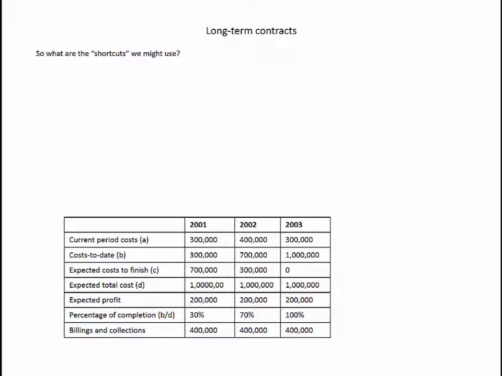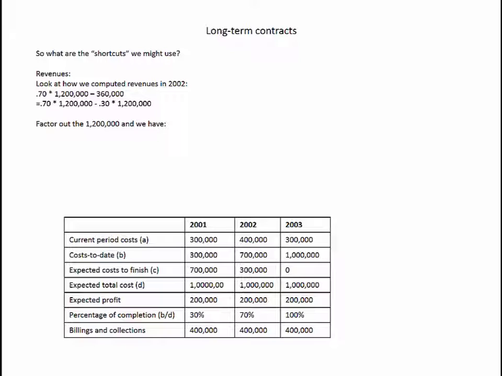So what are the shortcuts that we might use? First, let's talk about the revenues. Let's see what we did back in the second year for revenues. At that point we were 70% complete, so we took 70% of 1.2 million minus the revenues previously recognized, 360,000. Now where did that 360,000 come from? That was the previous year's percentage of completion, 30% times the expected total revenues of 1.2 million. So let's go ahead and factor out the 1.2 million, and we've got 1.2 million times 0.7 minus 0.3, or